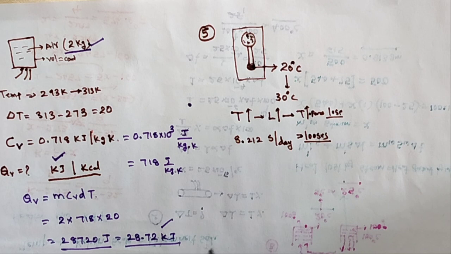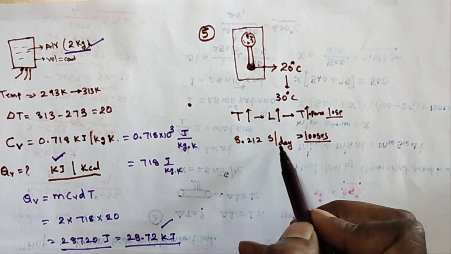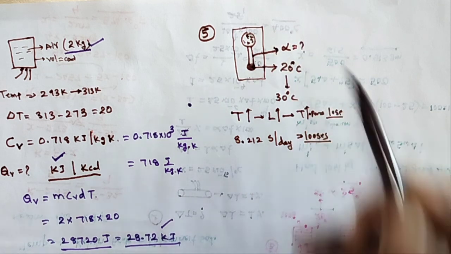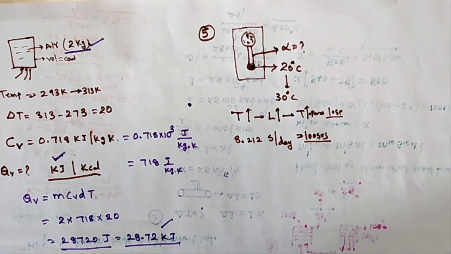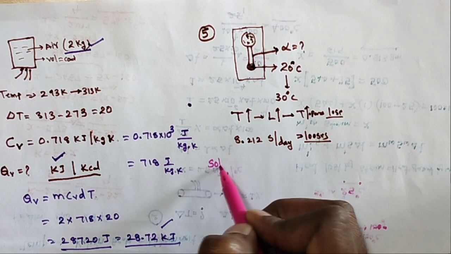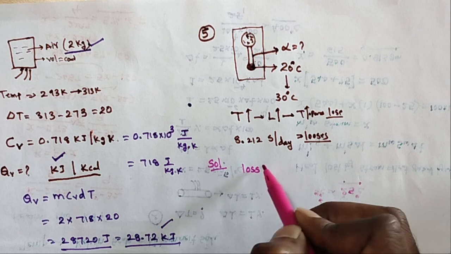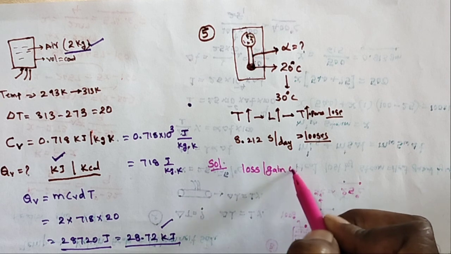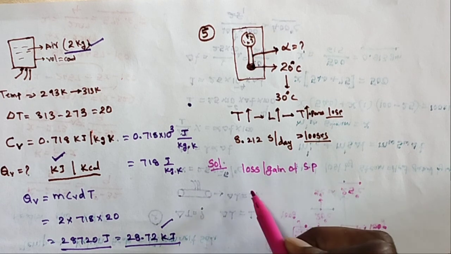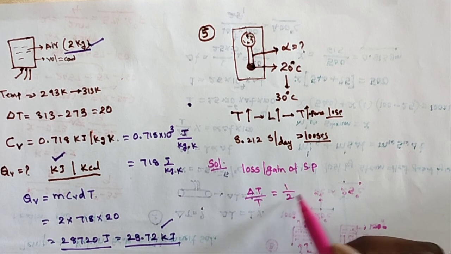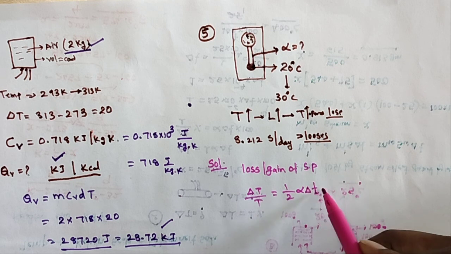Loses time 8.212 seconds per day. So what is the alpha value of this brass pendulum? That is the question, a very simple question. For this purpose, we know the formula for the loss or gain of a simple pendulum: delta t by t is equal to 1 by 2 alpha delta T per day,